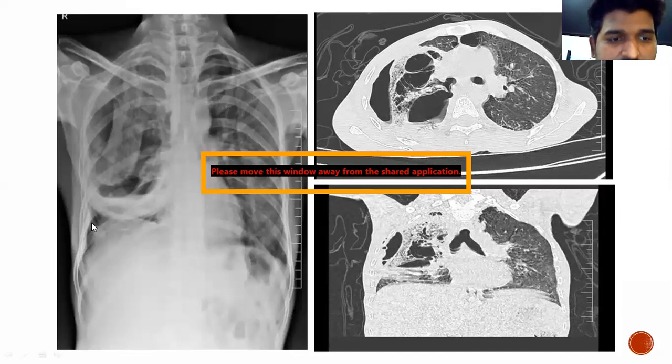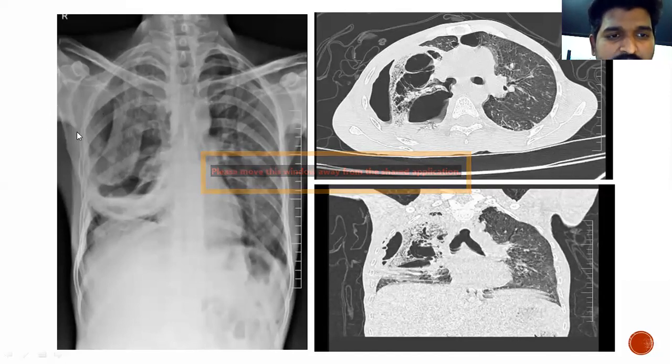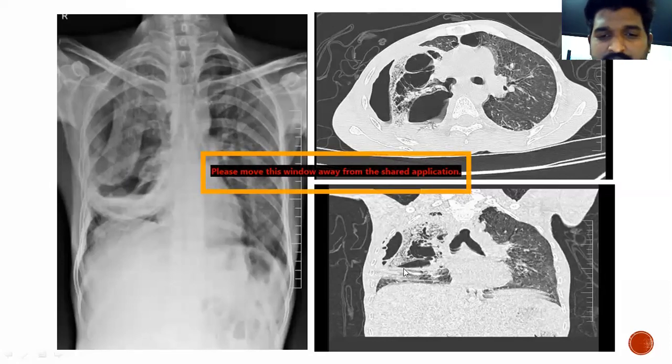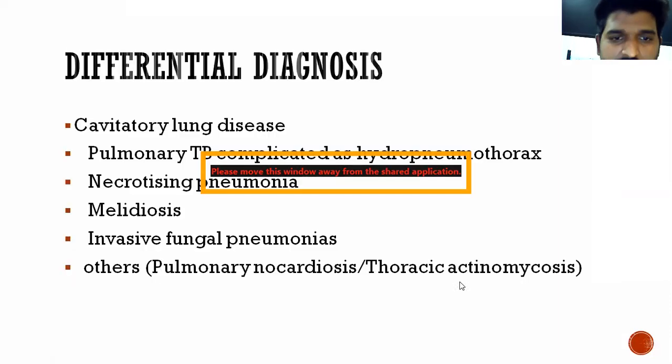You could see that the right lung is totally distorted. You could see there is a large, huge cavity almost occupying more than 70% of the lung. Hardly could I see the area that is close to the right hemidiaphragm, and in the area that is close to the hilum, you could see this large cavity. In the same way, we did a CT for that patient, and you could see how the right lung is totally distorted, surrounded by a lot of air and with a fluid level.